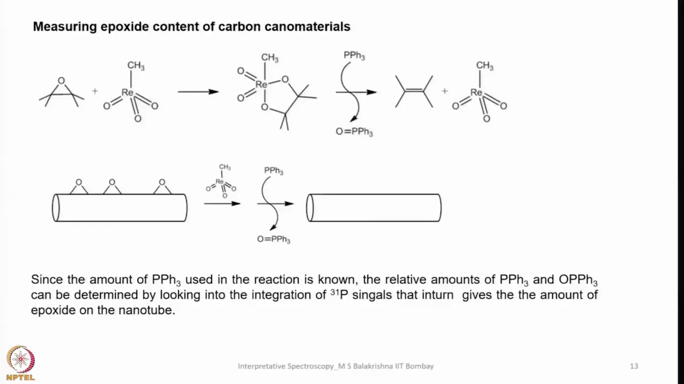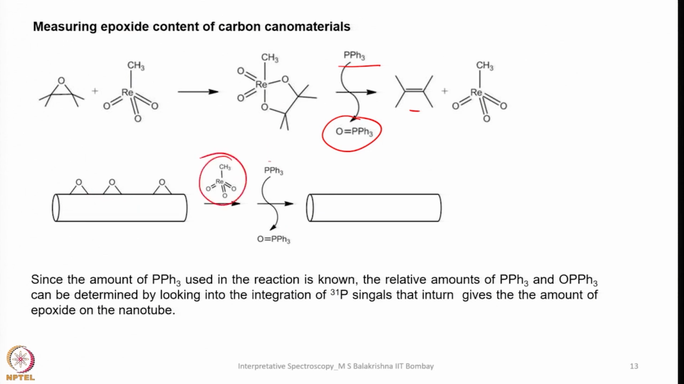So this is the reaction. For example, we have an epoxide here, and when the epoxide is treated with methyl trioxorhenium, it forms a cyclic system like this, and when this cyclic system is treated with triphenylphosphine, it abstracts oxygen from this oxocyclic system to form triphenylphosphine oxide, regenerating methyl trioxorhenium through the formation of this olefin. So now exactly this is what happens. For example, on graphene, we have epoxides, you just treat with this one, and then